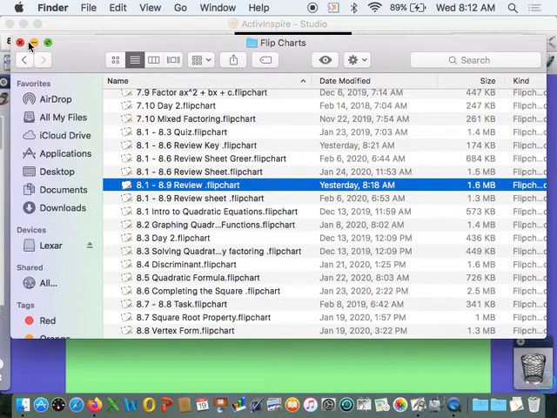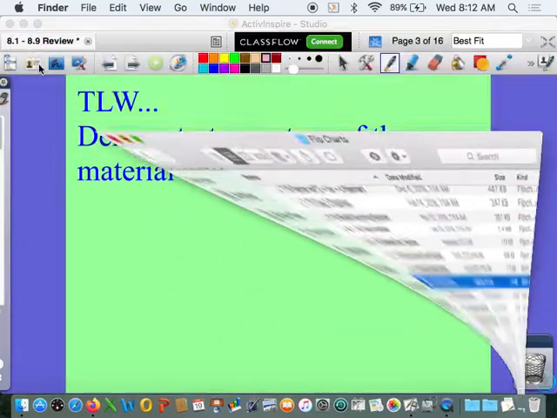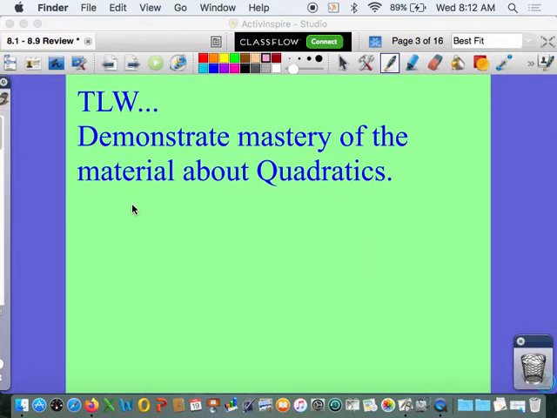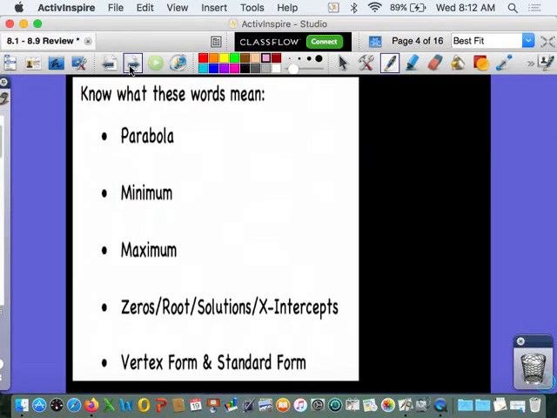All right. We are going to look at the study guide for the 1 to 9 quiz. So, first, what do these words mean? Parabola, what does it mean? What is the parabola? The shape of a quadratic equation. Okay, so that is the shape